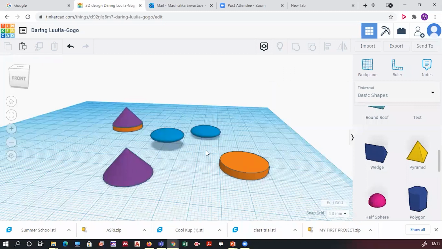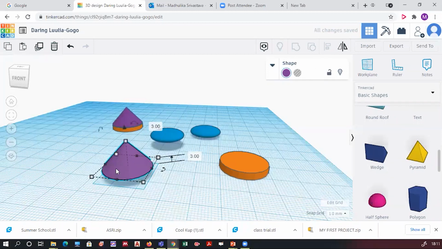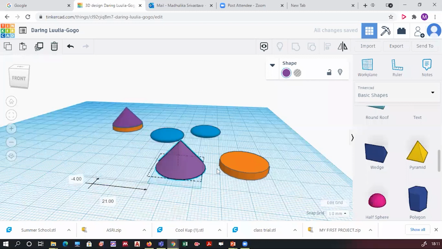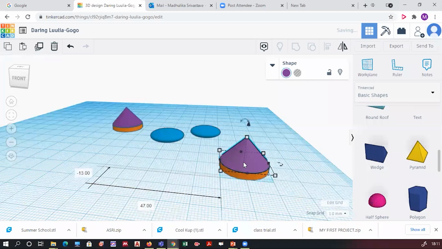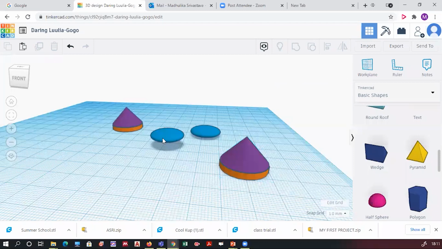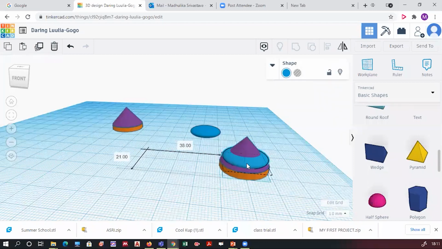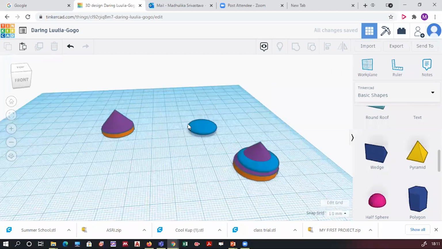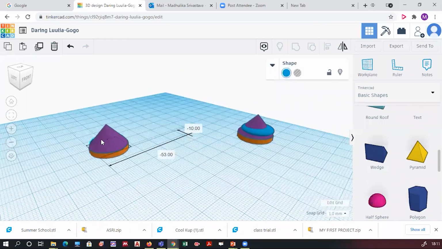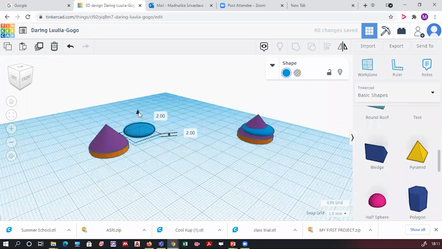What I've done, I have placed these objects one over the other. So I have raised this cone by 3 mm. The diameter of the cone was the same as the default. I have not changed the diameter. It was initially 20, so it is the same. So I placed the cone, and I have placed the sphere over. So that was my initial one. I've raised this sphere by 3 and I've placed it over.